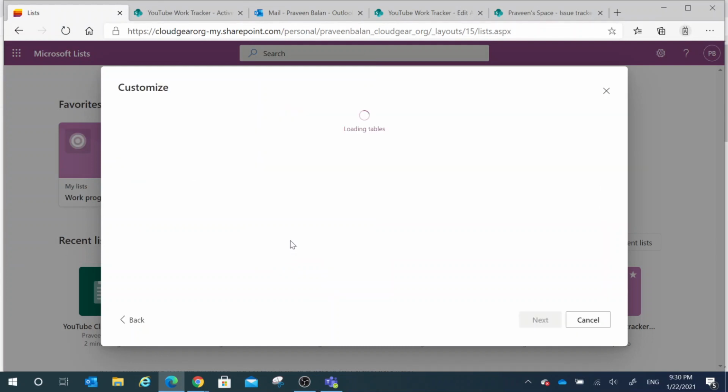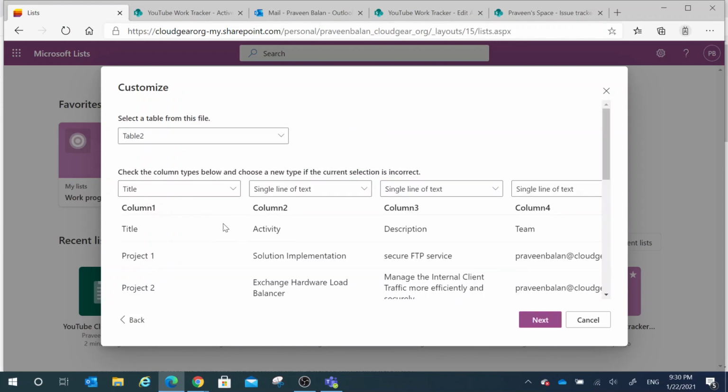Open the file, and it will read the values and allow you to choose the type of column that you want. And again, I want to tell you something: it will not give you an extensive collection of options, but you have got almost everything that is required for you to convert the current Excel into a list, and later on you can work on that from there.